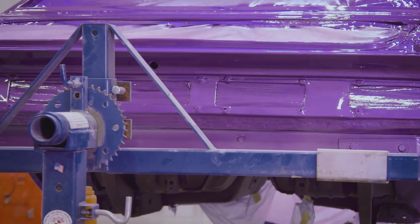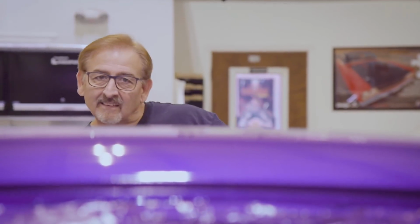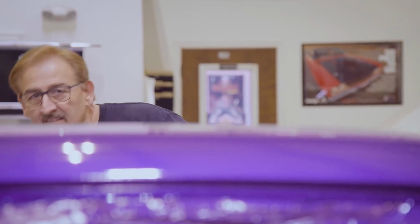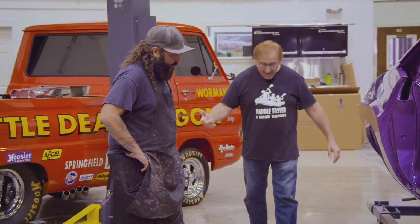Let me look at that, Dutchman. Hang on here, hang on. Now, that's just a precursory look. When Tony gets out here and takes a look at this car and sees anything wrong with it, I'm off the hook. I didn't do it. You got something wrong with it? Go see Will. Go see the promise breaker. You know what? Thank you. That's very nice. That's awesome. You're welcome. I appreciate it. I broke a promise, but...